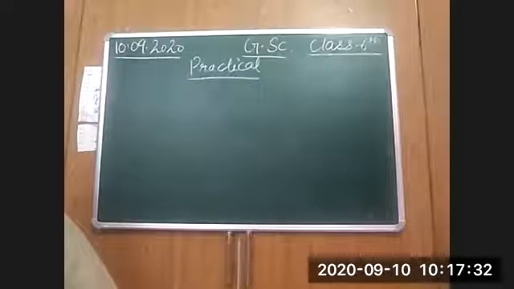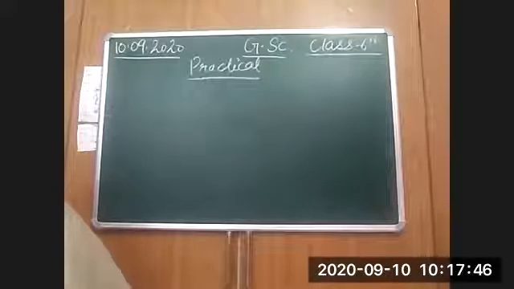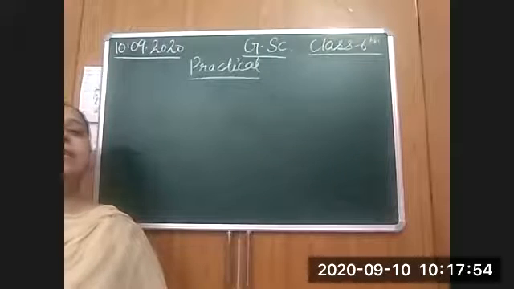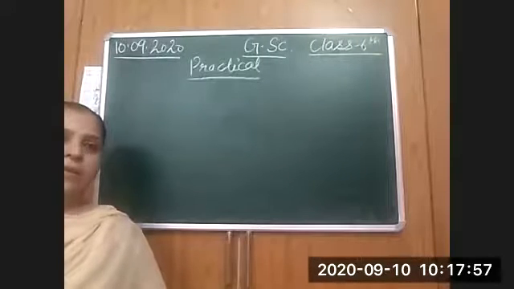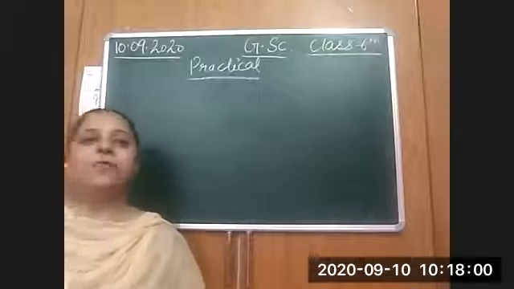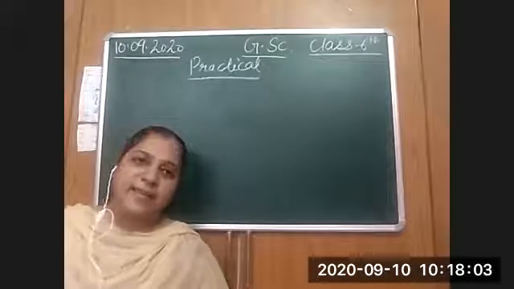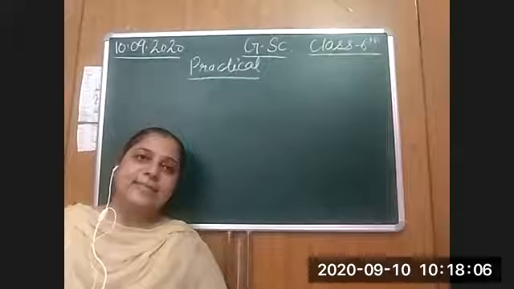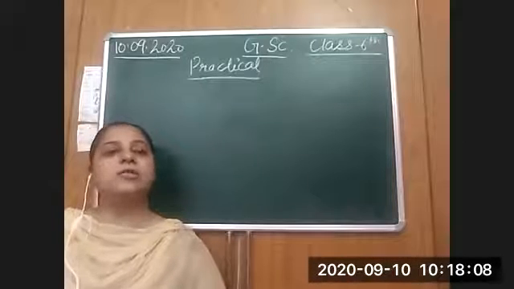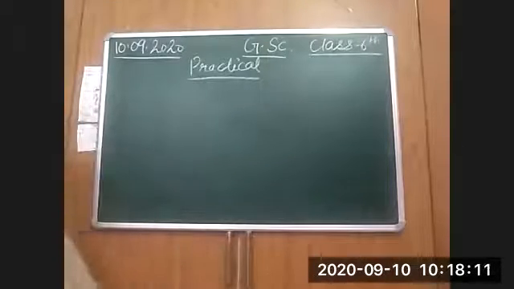So the chapters that are going to come are chapter 1, chapter 2, chapter 3, chapter 4, then chapter 8, body movement, and chapter 12, electricity and circuit. Right? So students, one more request to you all, please start sending your videos in the group. As we have made separate groups, so start sending your videos. I am giving you 5 days more. Please send it so that we can give the marks of internal assessment. Right? Let us now start the practical.